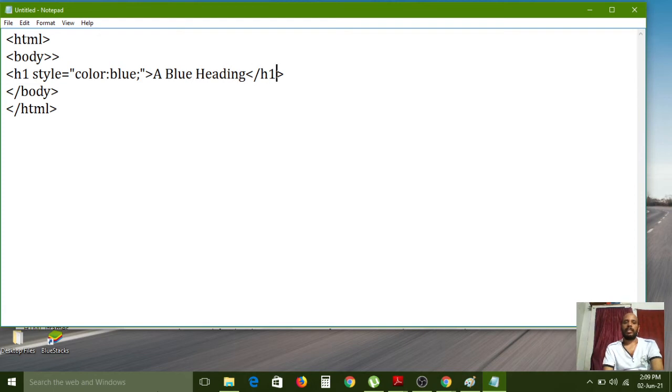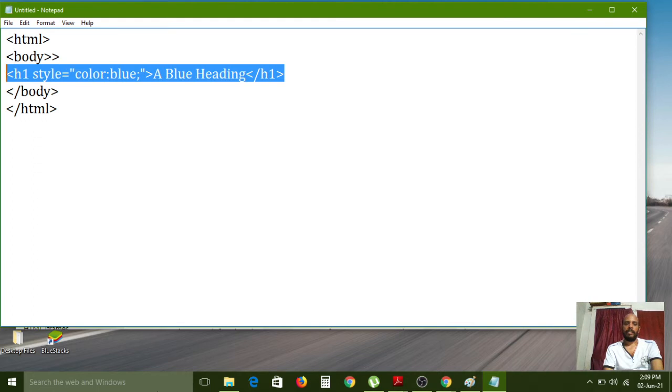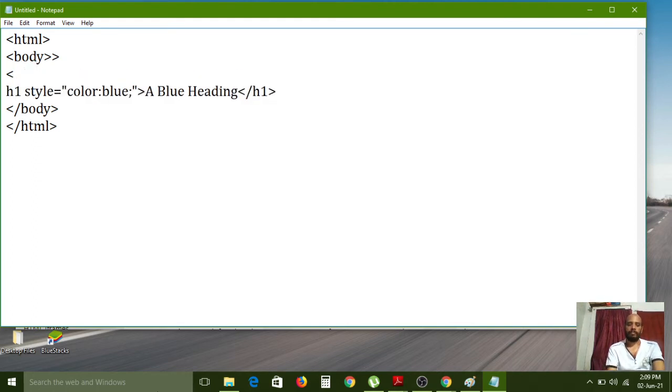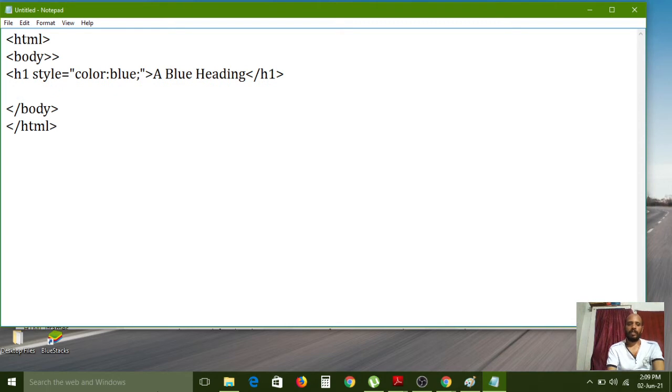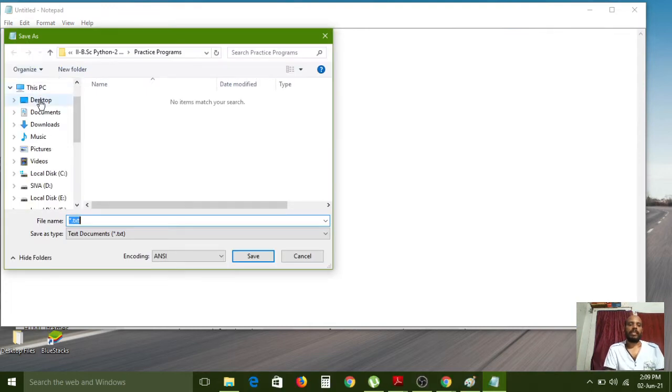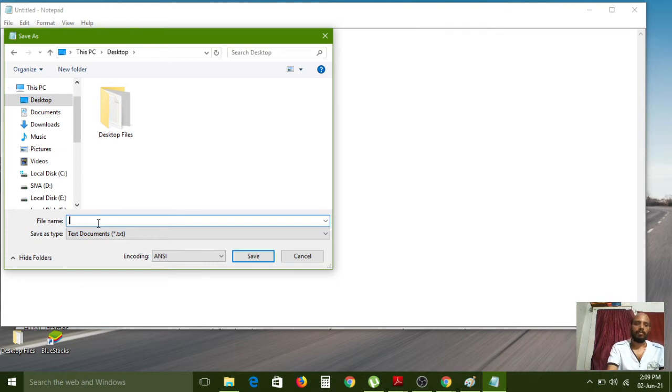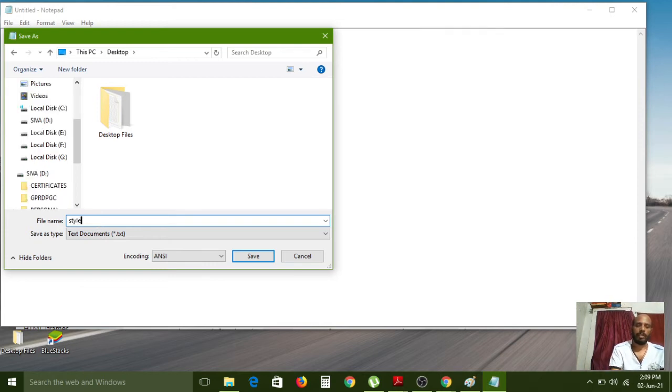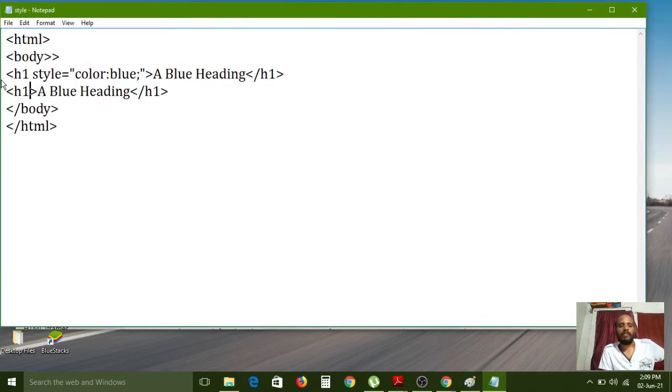Here I use this one time, and the same tag one more time, but without using the style attribute. So the style attribute is used only in the first element. In the first line, a blue heading. The second is a heading. Okay. Now I am refreshing the page.